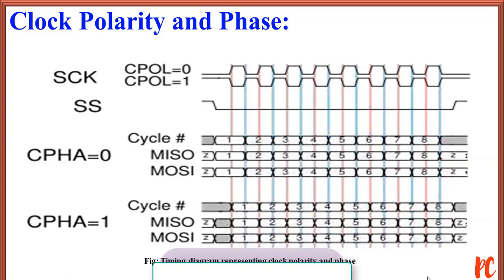For clock phase 0, the out side changes the data on the trailing edge of the preceding clock cycle, while the in side captures the data on the leading edge of the clock cycle. The out side holds the data valid until the trailing edge of the current clock cycle. For the first cycle, the first bit must be on the MOSI line before the leading clock edge. For clock phase 1, the out side changes the data on the leading edge of the current clock cycle, while the in side captures the data on the trailing edge of the clock cycle. The out side holds the data valid until the leading edge of the following clock cycle.